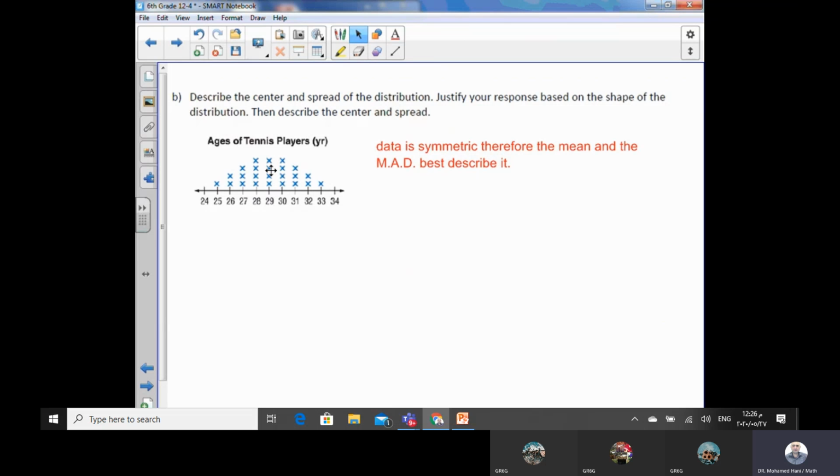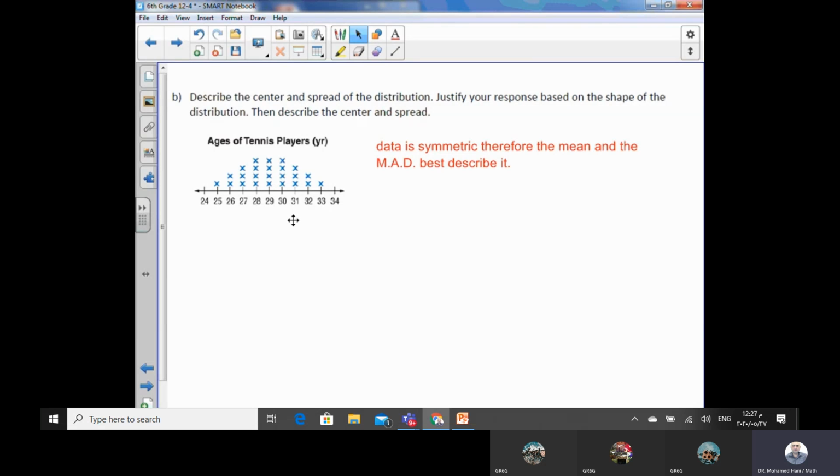25 plus 26 plus 26 plus 27 plus 27 plus 27 plus 28 plus 28 plus 28 plus 28, 29 4 times, plus 31 3 times, plus 32 plus 32 plus 33. Oops, I lost a little bit on my calculator here. And then we are going to take that amount